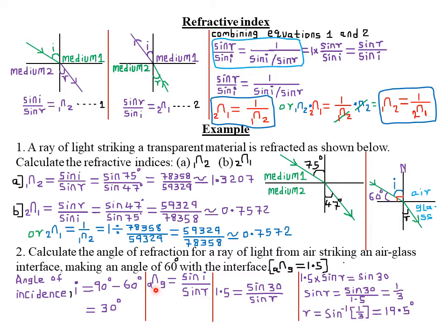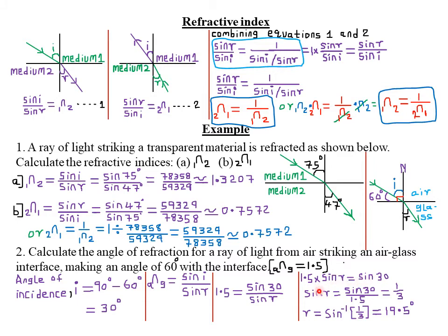Therefore, if I substitute the values that I have, I'll be talking of refractive index from air to glass. I'm given as 1.5. Therefore, 1.5 is equal to sine I, that is the angle of incidence, which is 90 minus 60 degrees, which gave me 30 degrees, divided by sine R. Therefore, if I cross multiply, or multiply both sides by sine R, I'll have 1.5 times sine R